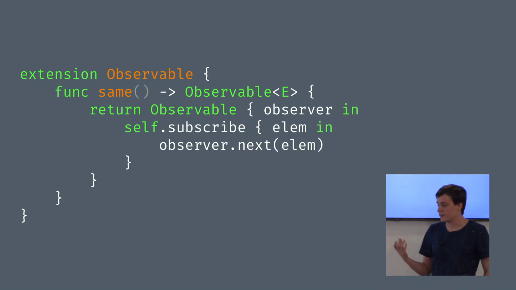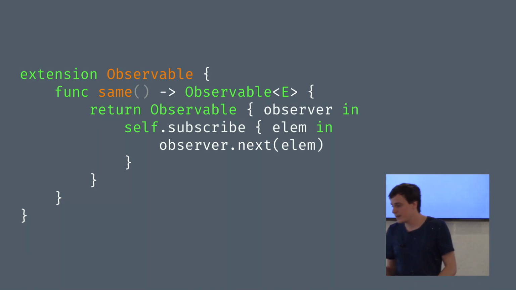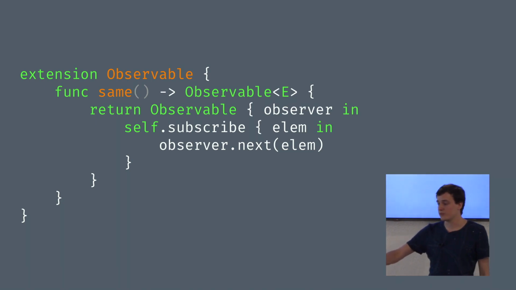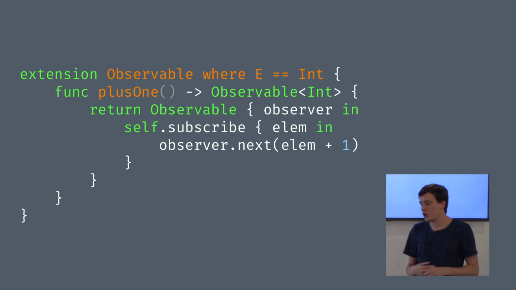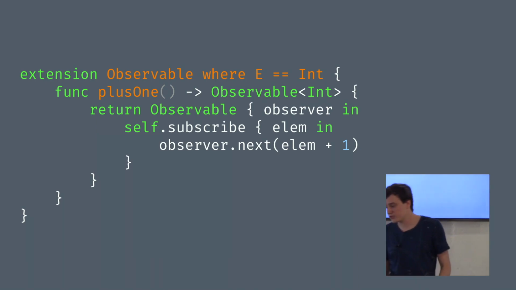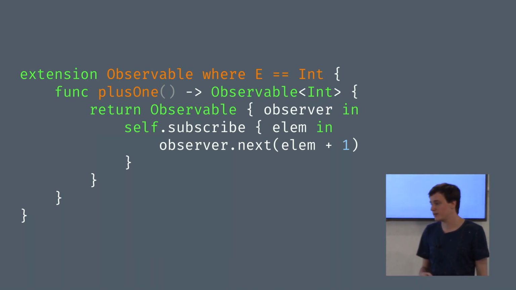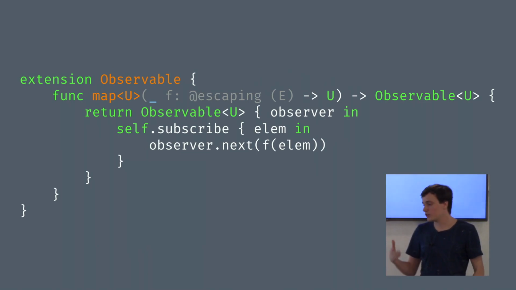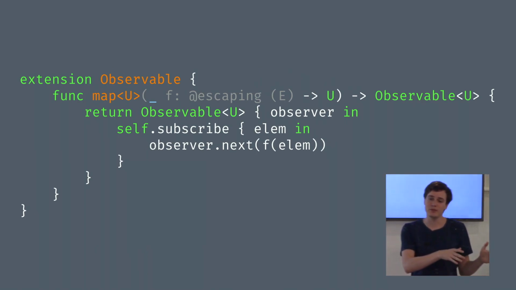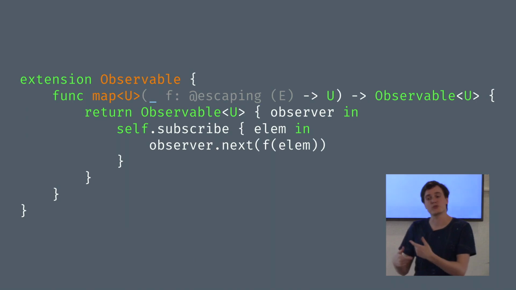So we actually define a new closure. That's the observer that will go to the original observable. And then whenever an element is received, we pass it to the observer. Not very useful. We can make it a bit more useful by defining an operator called plus1 on an observable of ints, and we'll just add 1 to every element that is passed along. And this is already getting very close to something you all will probably recognize, and that's map. Like on array, map will return a new observable that contains all elements from the original observable, but then mapped or transformed through the given